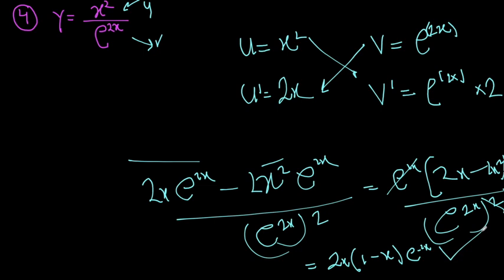Okay, so we have used here quotient rule, and we have also used chain rule. So chain rule is very important because in the question of the quotient rule they can give you